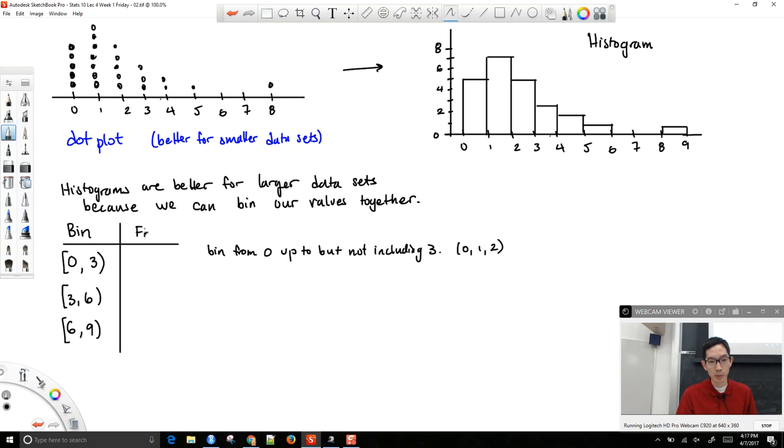Okay, and then over here we will have our frequency. For 0, 1, and 2, how many do I have? I got 1, 2, 3, 4, 5, 6, 7, 8, 9, 10, 11, 12, and I've got 17 values there. Between 3 and 6, I got 3, 4, and 5, I have 6 values, and then between 6 and 9, I have 1. Okay, and so therefore, my histogram here